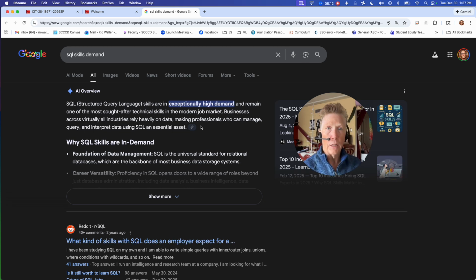I mean, you can see in this case we're getting an AI overview. I'm using Google. Google has its own built-in AI chat LLM, large language model, and it's giving me the answer to SQL skills demand. It's extremely high. Now, is AI affecting this? Absolutely. AI is affecting everything. But you, as a student, and really just as somebody who wants to work in the technology field,